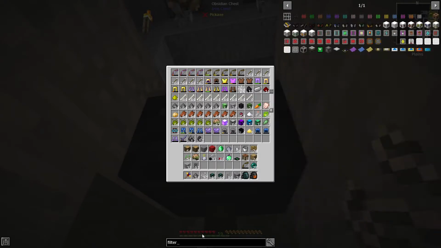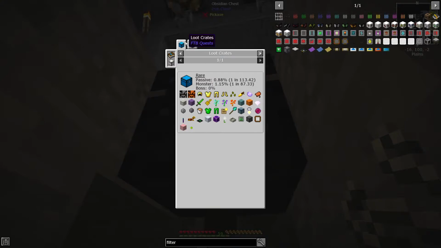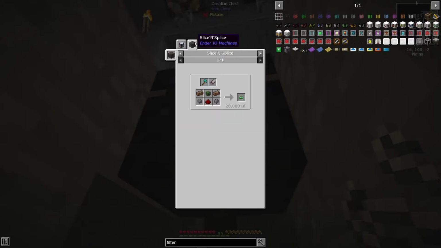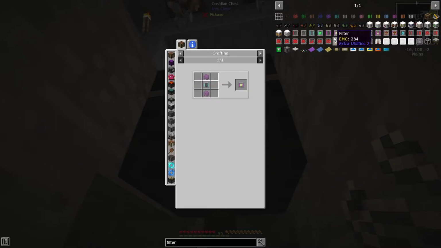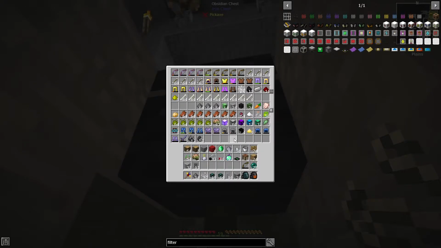Let's take a look at our filters while this figures out its life. I think we probably want either the advanced filter, which again requires... ooh, we might get that in a chest. That would be nice. Or we need a slice and splice machine. Then we have like an advanced big one, skeletal, yeah, slice and splice. So we could just try opening a whole bunch of...